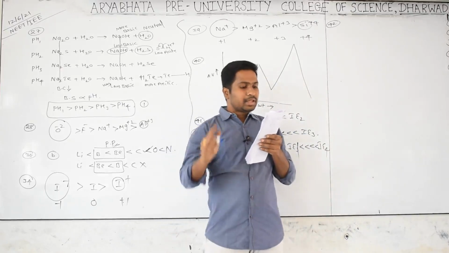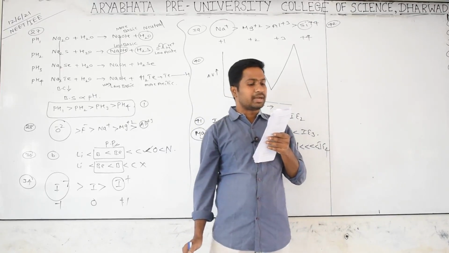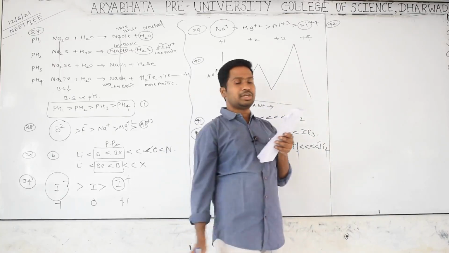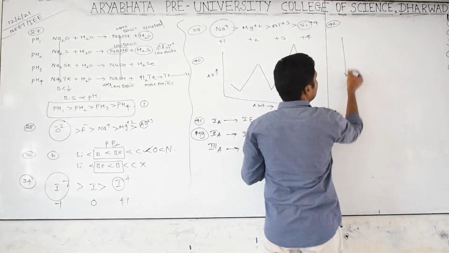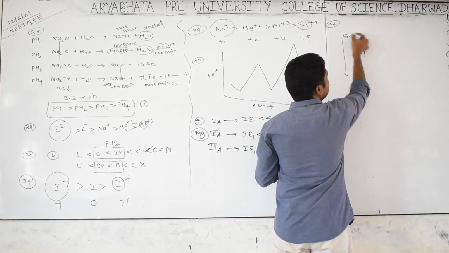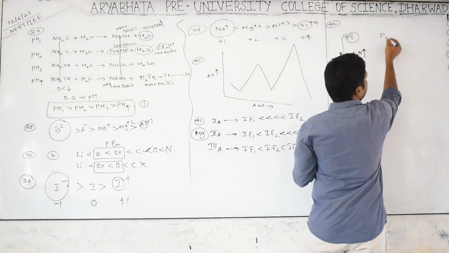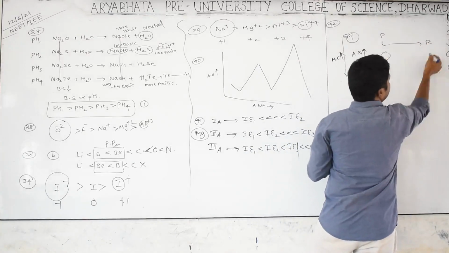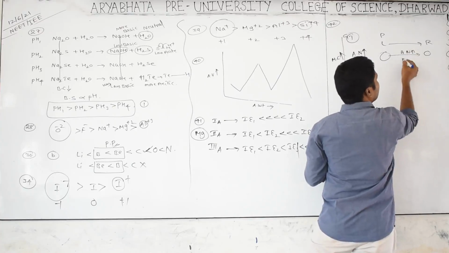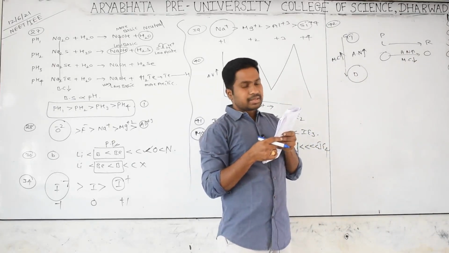Go for the next. In the periodic table, with increasing atomic number, how will the metallic character change? In groups, from top to bottom, atomic number is increasing, size is increasing, and metallic character is also increasing. But in periods, left to right, size is decreasing, so what happens? Atomic number is increasing as usual, but metallic character is decreasing. That's why, what is the option? Decreases in the periods and increases in the group.